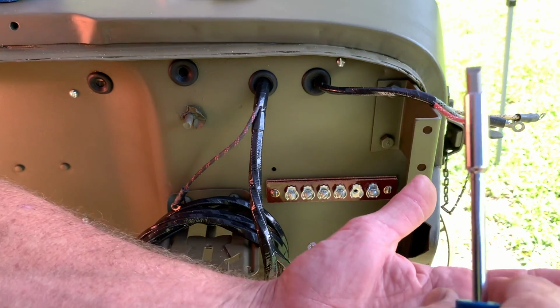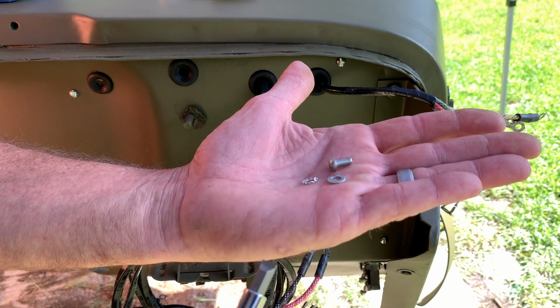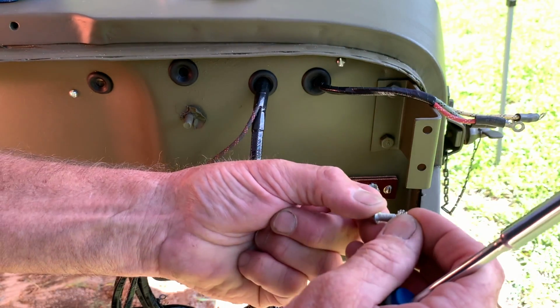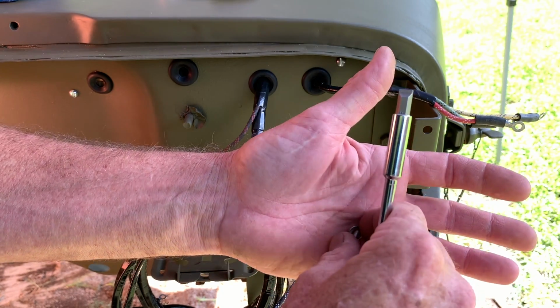What you need to do is put the star washer onto the screw first, and then the flat washer to the back. The star washer is going to bite into place the flat washer and keep all your wires tight to the terminal. There will be additional wires added on to this junction block here in the future, but for the time